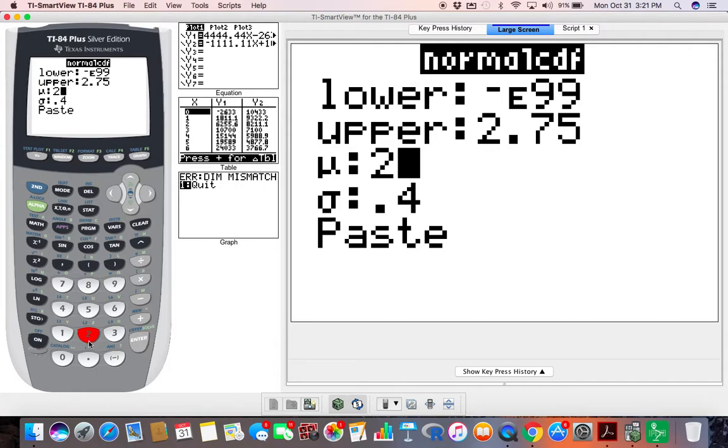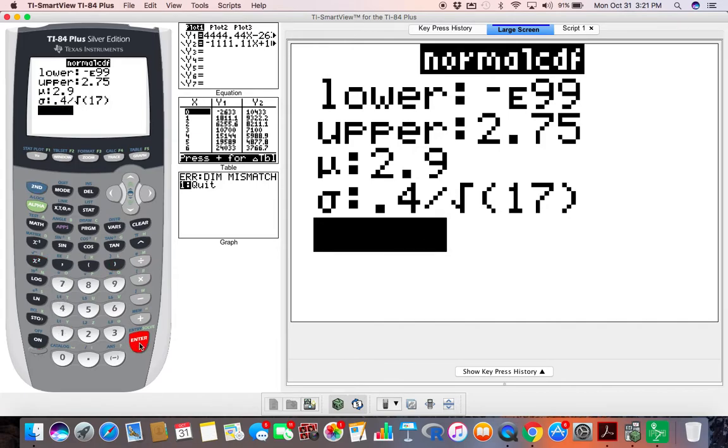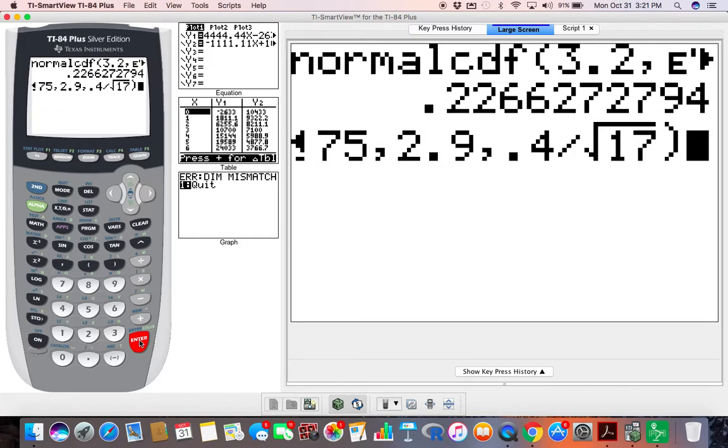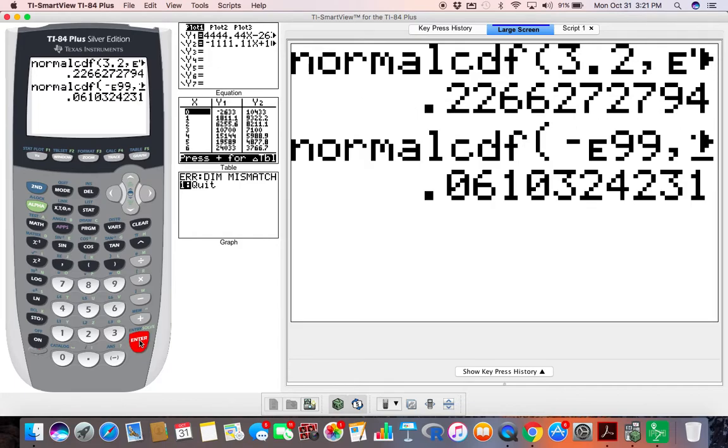And our mean is 2.9. And our standard error is 0.4 divided by the square root of 17. All right, so guys, be careful with the division sign. Be careful with your parentheses. That can sometimes make things go kind of crazy. All right, gang, so you'll see we get the same answer at